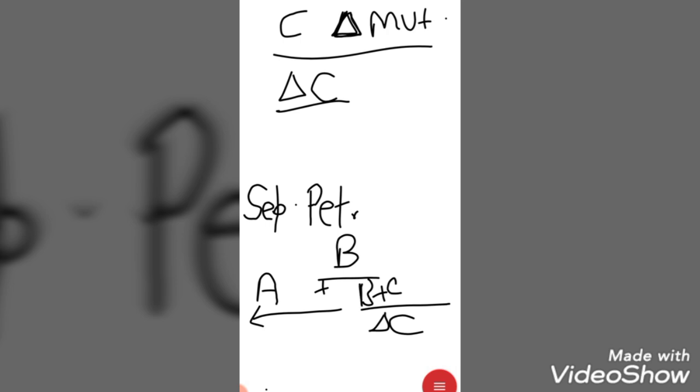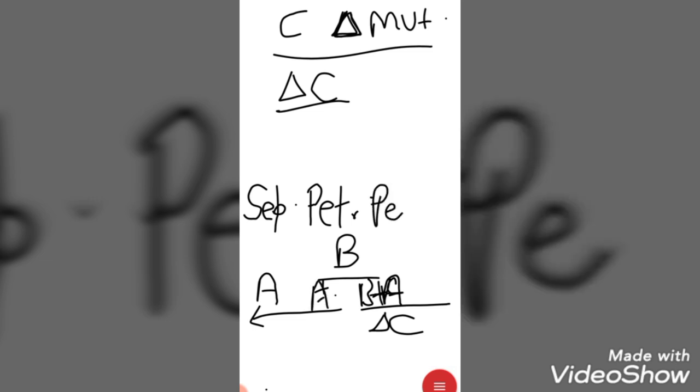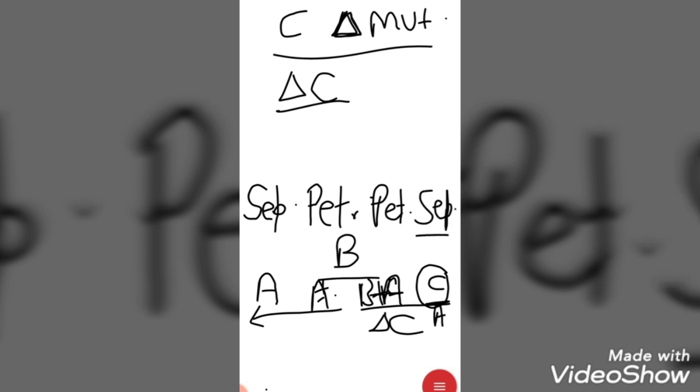अब C जीन म्यूटेट हो गया और म्यूटेट होते ही C के प्लेस पे क्या होगा A, तो it will be B plus A. और क्लास B और क्लास A जीन मिलकर क्या बनाते हैं, अभी हमने देखा, they will form the petals. Then only C. Now only C is mutated, तो only C के प्लेस पे only A होगा और only A क्या बनाता है, sepal. So there will be no sex organs formed, only the sepal, petal, sepals will form. The flower will be sterile because there will be no sex organ, the male or the female, means no stamen